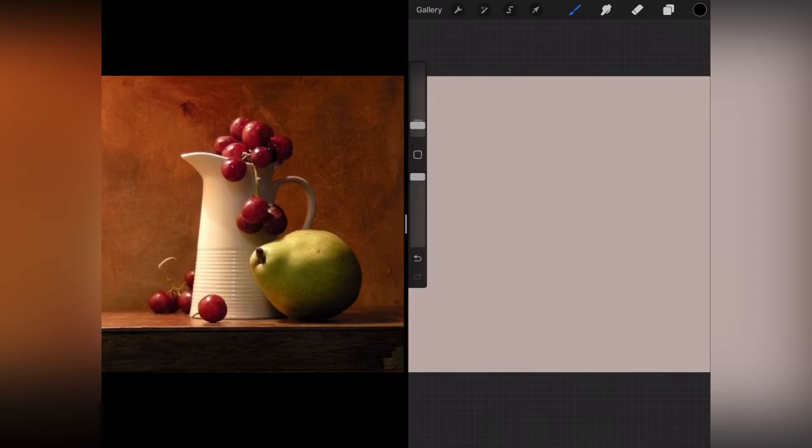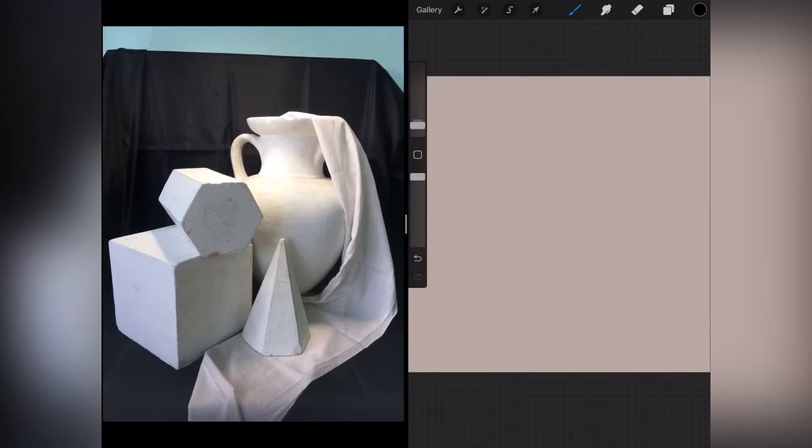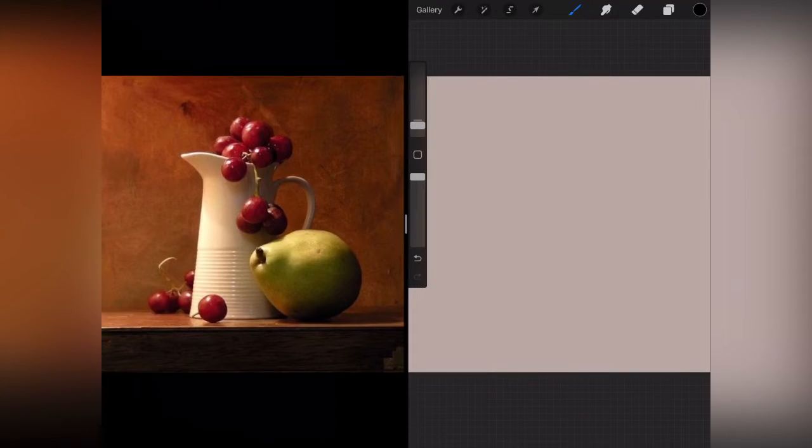So today I'm going to be showing you how to draw a still life object using shapes like this. So you're going to be using cones, just visual knowledge of shapes like square shapes, trapezium, to represent this particular still life object. So all we need to do is to just start off with our sketch. Obviously I'm going to be using